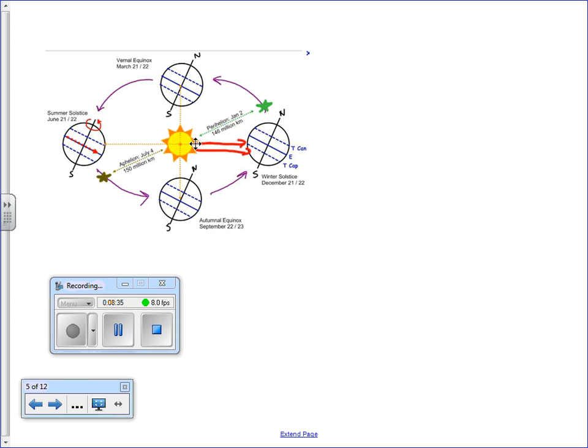Okay, so when you look at a diagram, because you will have to label a diagram of the seasons of the Earth going around in the year, how long does it take for the Earth to revolve around the sun one time? 365 days, 1 year, 12 months. No, 366 some years. So the easiest thing to do when you look at this picture is to first label